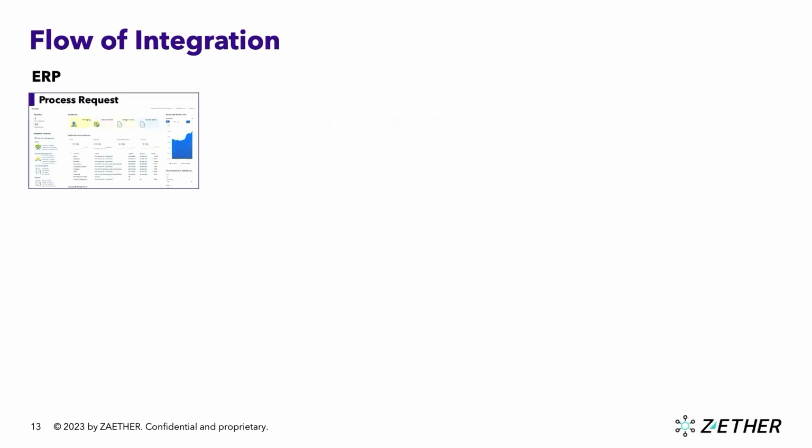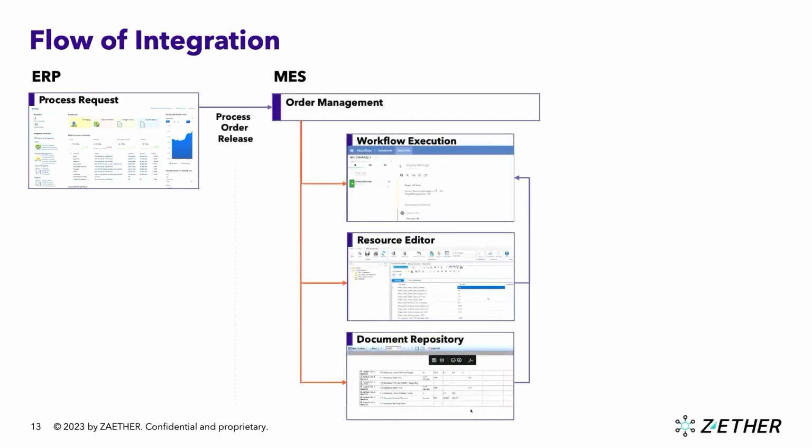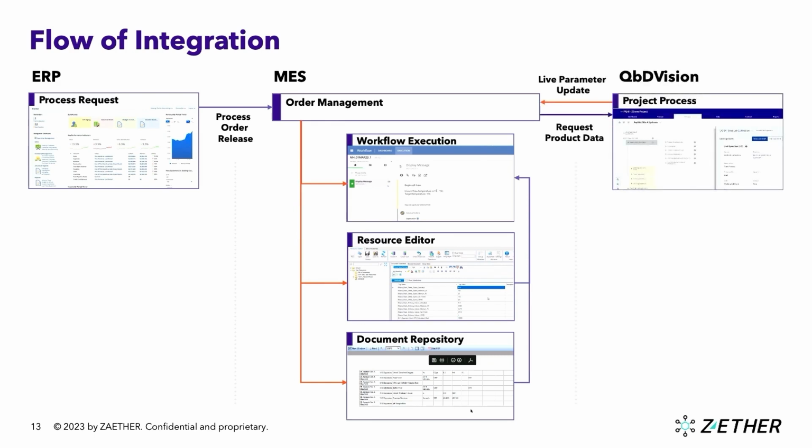So real quick, just showing how that flow of integration works. So we initially have an ERP system that does a process request, and that sends it to the MES order management system, which from there, the order management system will send a process request to QbDVision. And then what QbDVision will do is send back a live parameter update that will push the information back to the MES order management system, which then will push it down to some other details such as the workflow execution, some REST resource editors, and document repositories. And all of that information is captured back into the MES system